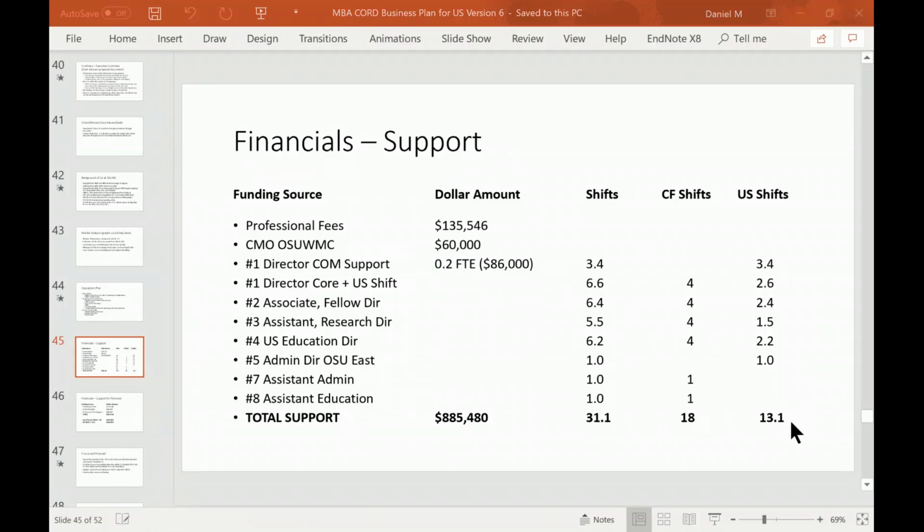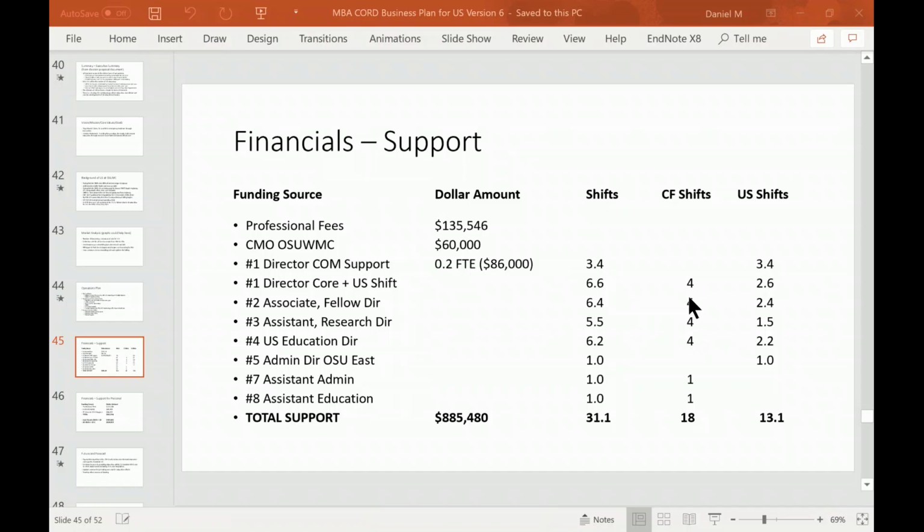Okay. So what I was showing you before is if I had dollar amounts connected to these shifts, it would all add up to $885,000 that is either coming in, the next slide will clarify this a little bit, or it's being paid out to people who are doing ultrasound to reduce their shift burden. And there's two ways that they get dollars. One is because 4 of them are core faculty. So our standard reduction for somebody who's core faculty is 4 shifts, which is probably $80,000 to $100,000 depending on